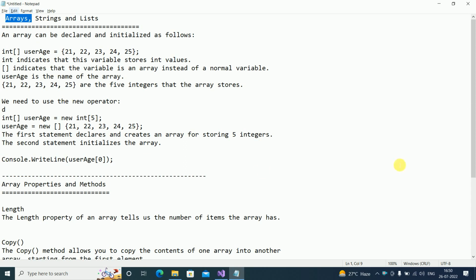Basically, what is an array? It is a collection of similar data type. Array is nothing but a collection of similar data type. Say for example, I want to store the values of age, and there are different ages. We have different ages like 21, 22, 23, 24, and 25, and I want to